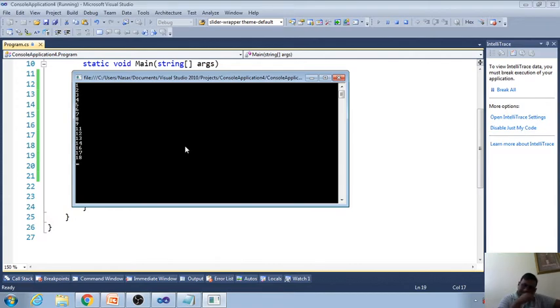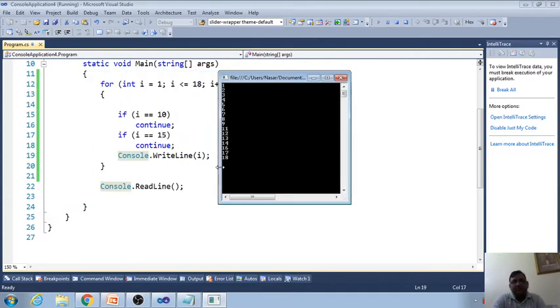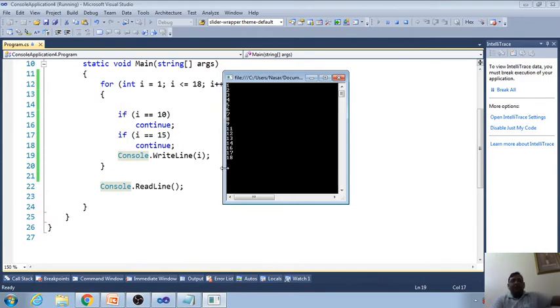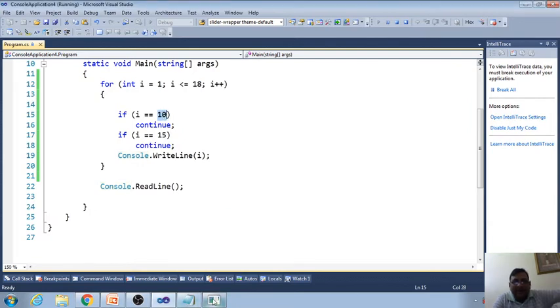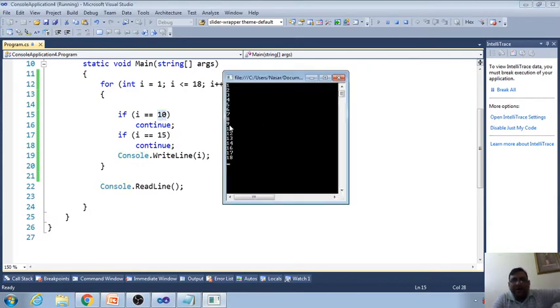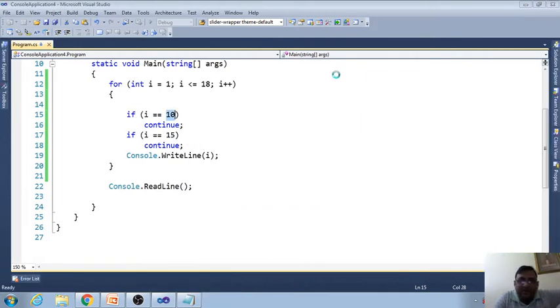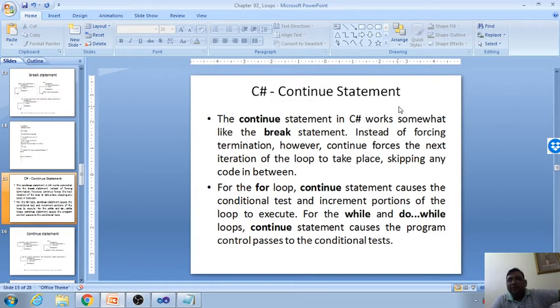See here, if you see the result, when the condition is met and continue, it means number 10 is not printed here, and number 15 is not printed here, because the continue statement works somewhat like a break statement.